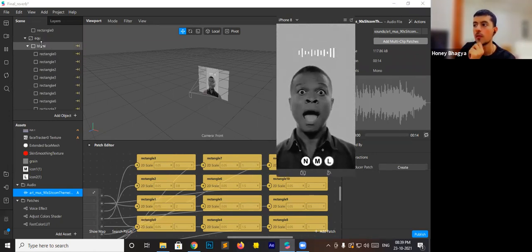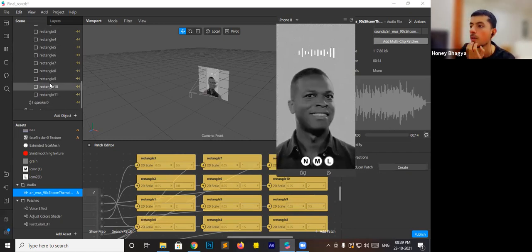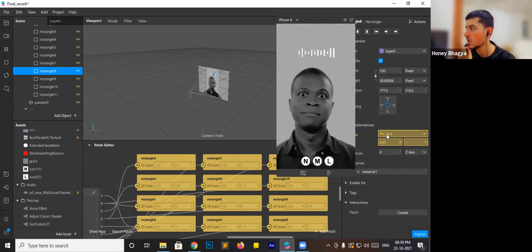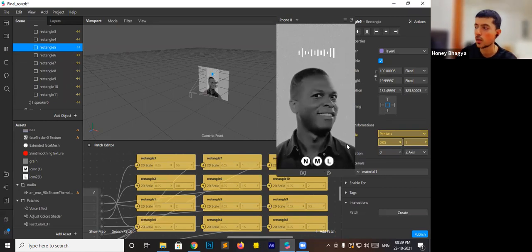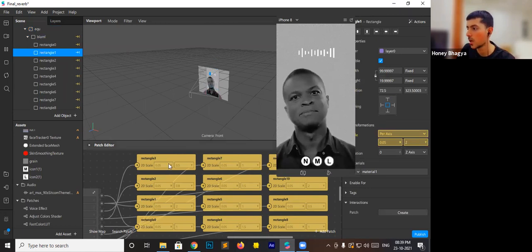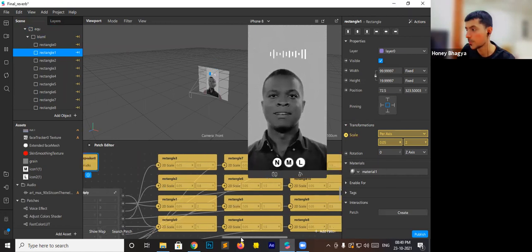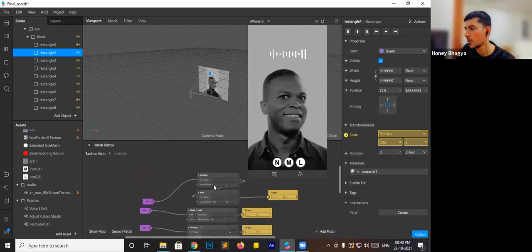So I created a canvas and then different rectangles, and I have kept the material to white and used default sizing here. As you can see on the right side, I have used default sizing on different rectangles to make it look more realistic. So we have different sizes here, and I have created 2D scale in the patch editor, and then the multiply patch. The multiply patch is very simple.